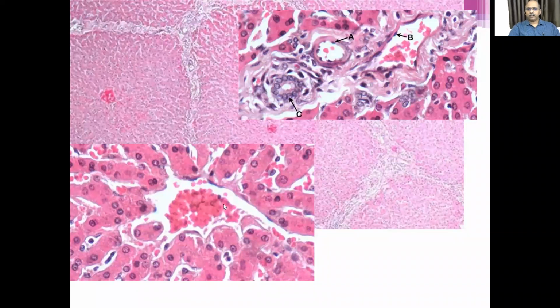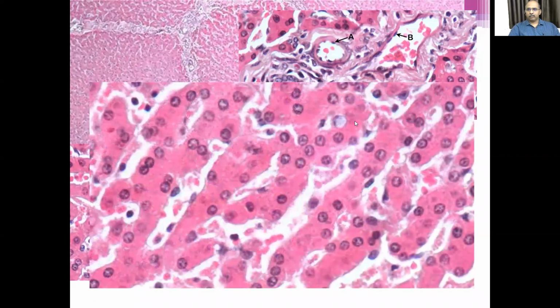In between the central vein and the portal tract, liver cells are arranged in the form of trabeculae. These are some words we have to use particularly in pathology. To describe the liver histology, we say the hepatocytes are arranged in a trabecular pattern. Trabecular means a rod-shaped pattern. See here, these are the hepatocytes, anastomosing like a network of cells and arranged in the form of trabeculae. In between the trabeculae, there are spaces.